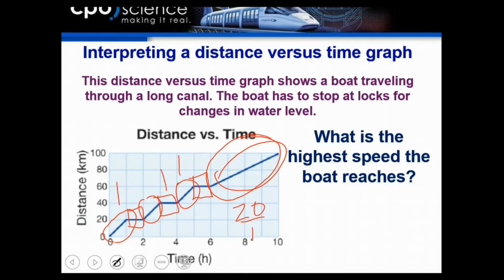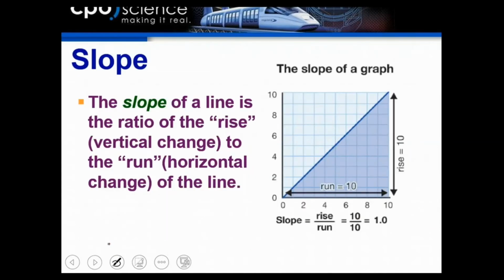So, in 4 hours, they're covering a distance of 40 kilometers in 4 hours. Okay. So, the first 3 sections, they're all going the same speed. So what is the highest speed the boat reaches? 20 kilometers per hour. And that would be at 0 to 1 hour, 2 to 3 hours, and 4 to 5 hours. It doesn't ask us for that specific information, but